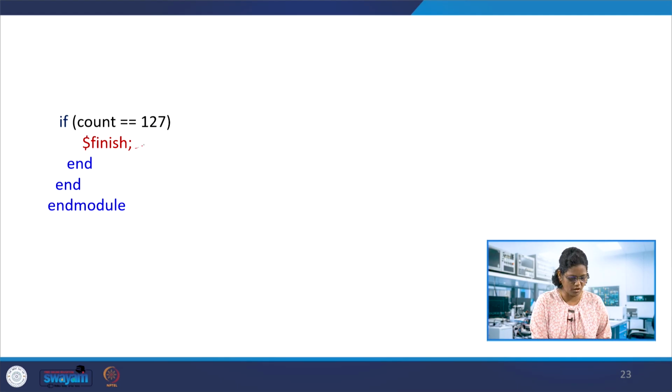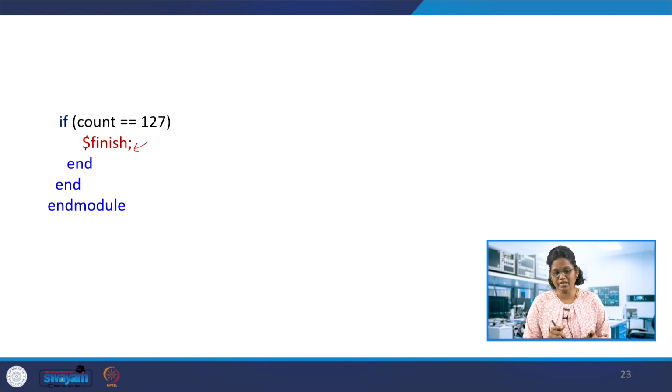So this $finish needs to be in the forever loop. We need to include it to stop at 127. So it will count from 0 to 127. If you have not used it for the repetition as I gave in the previous example, you can use this for till reset and then repeat also can be done, that design we will look into. So for counting 0 to 127 and then again reset it and start from 0 to 127 and reset, this could be done with slight modification in the code.